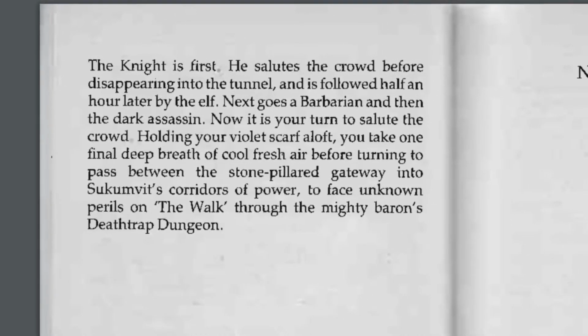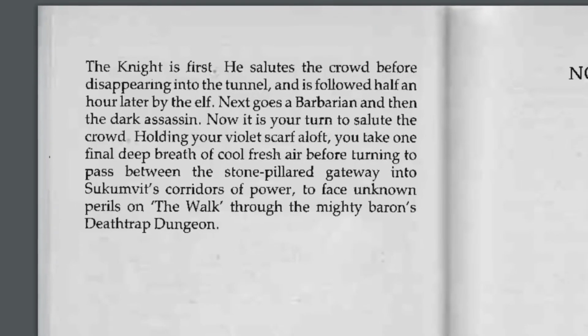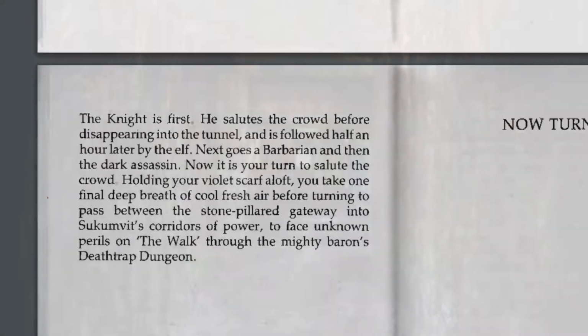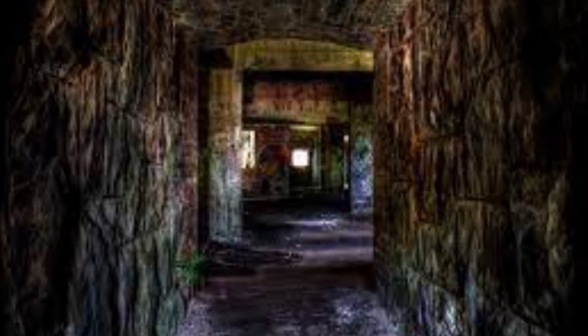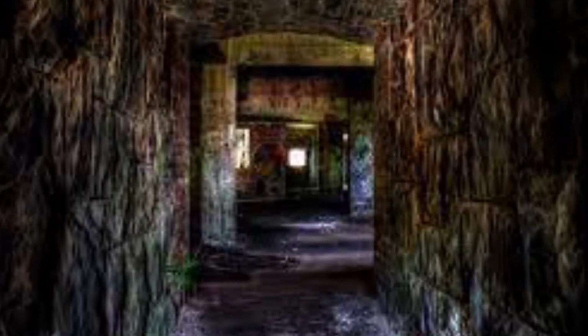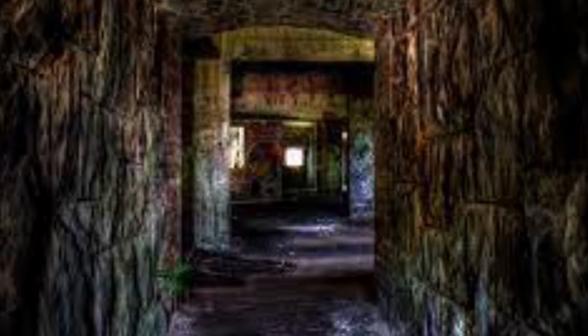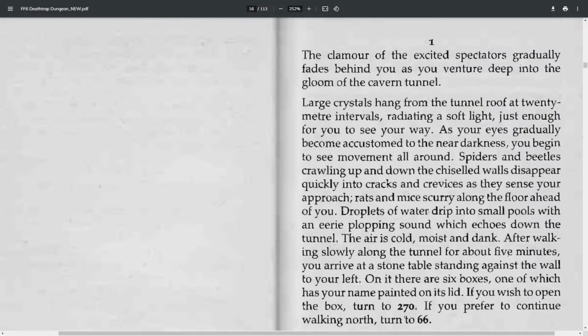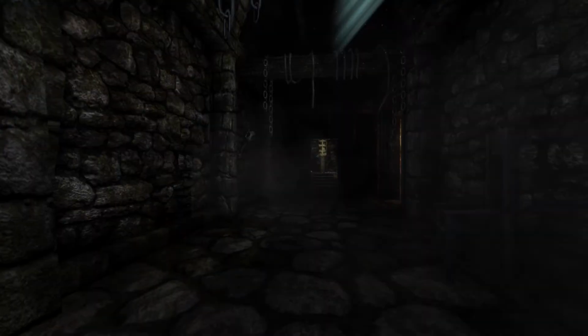Holding your violet scarf aloft, you take one final deep breath of cool, fresh air before turning to pass between the stone pillar gateway into Sukumvit's corridors of power to face the unknown perils of the walk through the mighty Baron's Deathtrap Dungeon. The clamor of the excited spectators gradually fades behind you as you venture deep into the gloom of the cavern